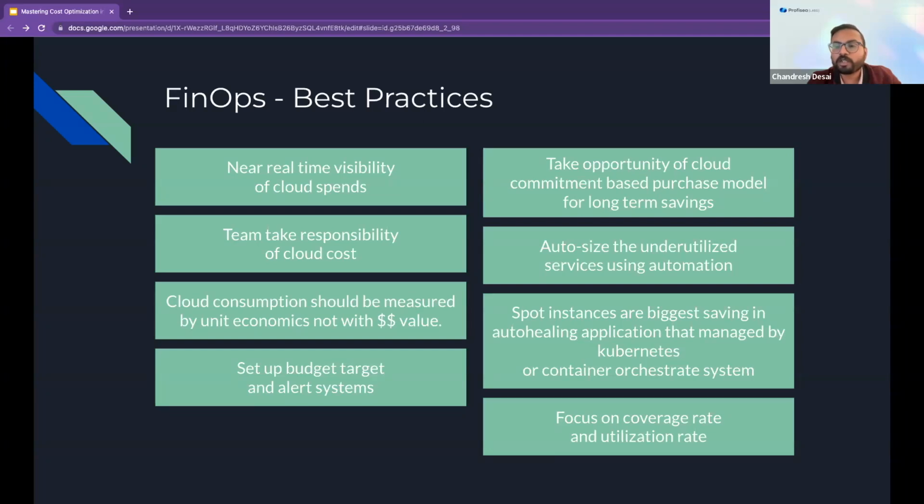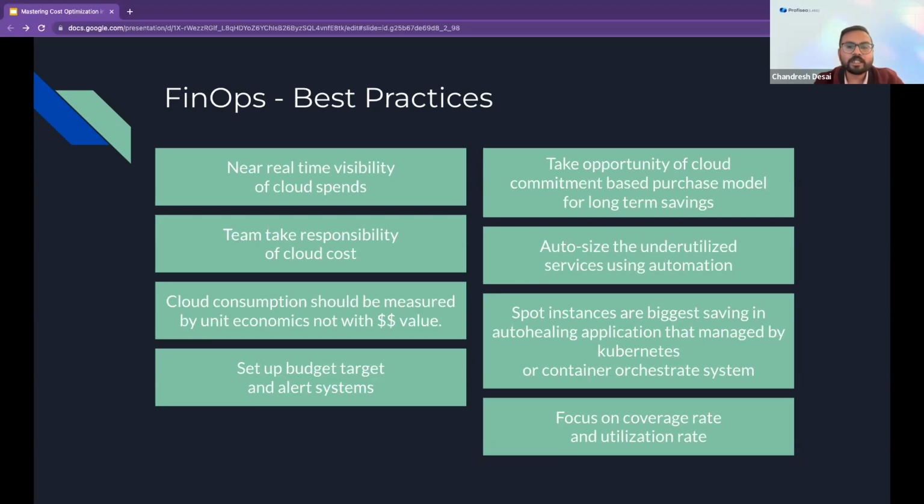Cost Explorer gives you the commitment-based coverage and utilization report, and you can compare it month by month and try to increase the coverage rate to 70, 80, up to 90%.